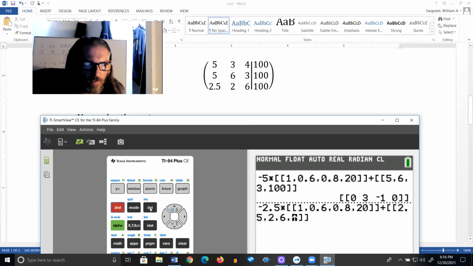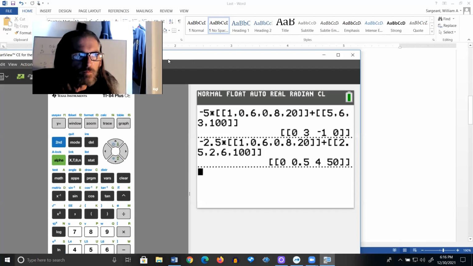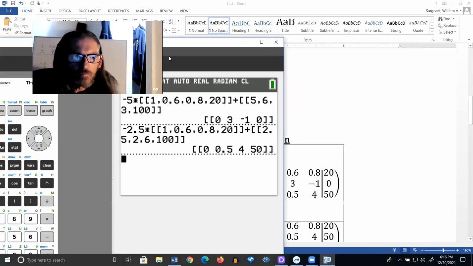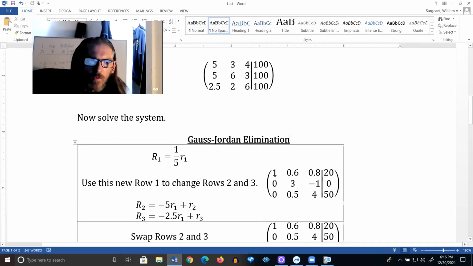Let's see if I can do that. Yes. All right, so here's what I'm coming up with. Let's see if that's what I have typed. For my new row 3: 0, 0.5, 4, and 50. That's indeed what I had come up with when I worked this out previously. All right. Now, I've got a 1 on the diagonal and zeros everywhere else